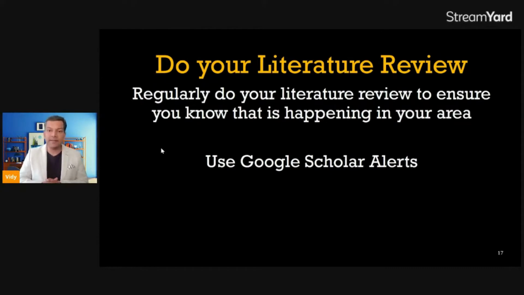Also, another thing I suggest is to look for Google Scholar alerts. If you are doing your systematic literature review and you have identified specific keywords or search strings, use those in Google Scholar and create alerts or reminders for you. So any time a new paper comes in which fits that criteria,